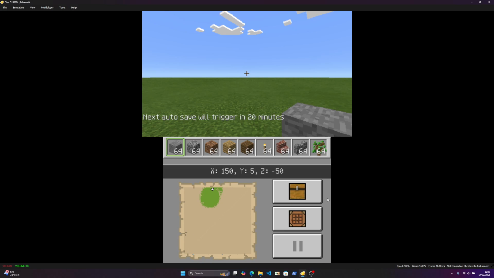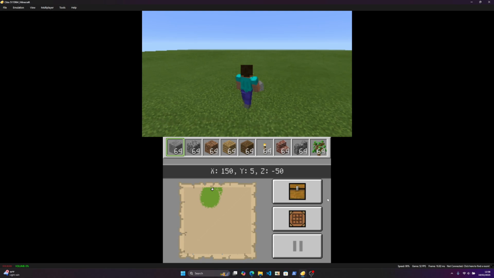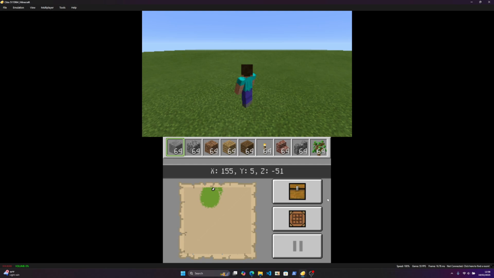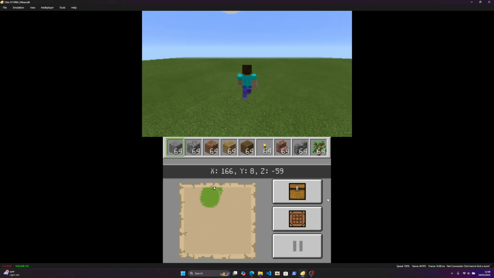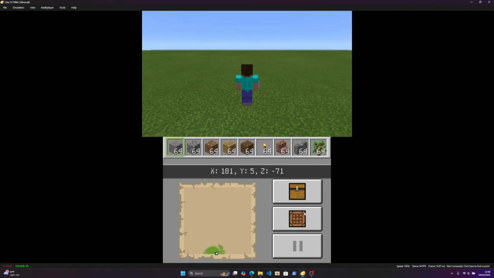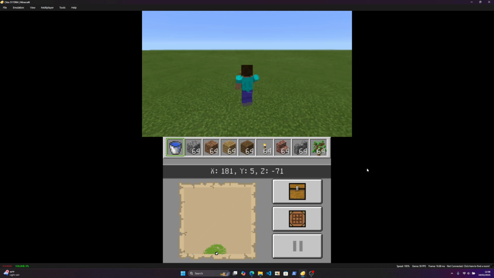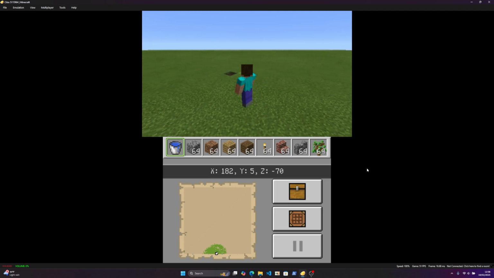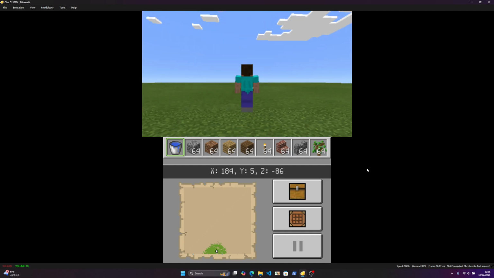So I'm going to click the, nope, which one is it? It is T. So we are going to be walking around, but if I click A to jump, you can see that we jump twice as high, right? And I'm going to get a water block just to prove this as well, that our swimming is in fact, what do you call it? A lot faster. Oh, whoops. Sorry. And as you can see,